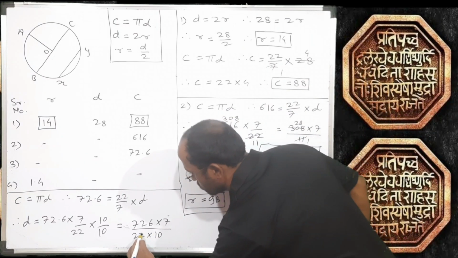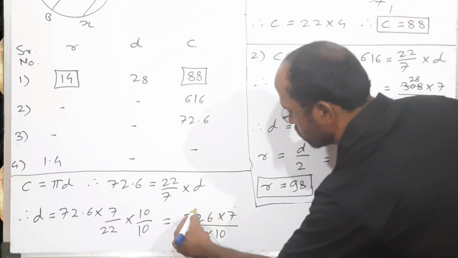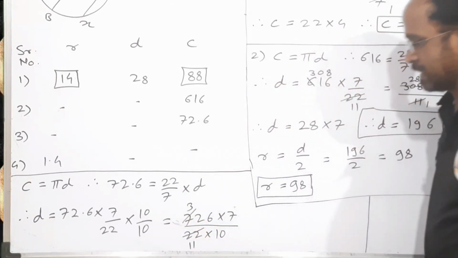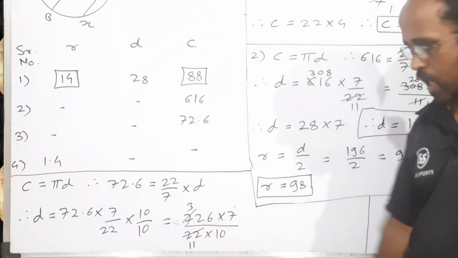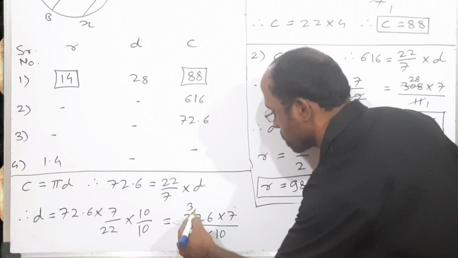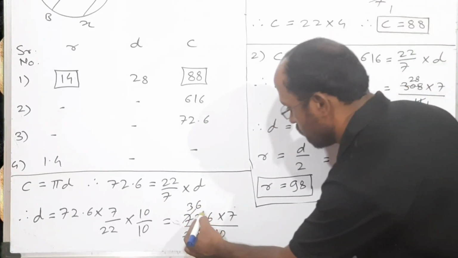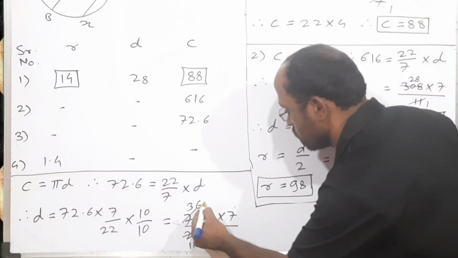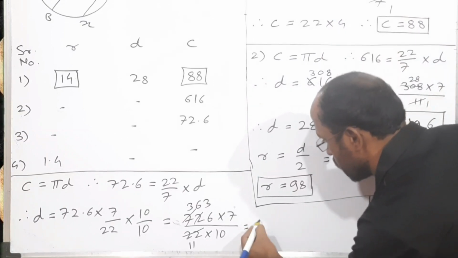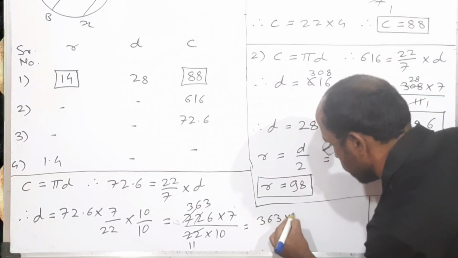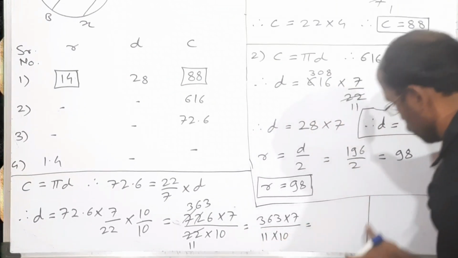The number is divisible by 2. So 11 2s are 22. This is also divisible by 2. 2 3s are 6. 7 minus 6 is 1. 2 on this 1 is 12. So 2 6s are 12. Clear? 2 3s are 6. So 363. This is equal to 363 multiplied by 7 upon 11 into 10, which is equal to